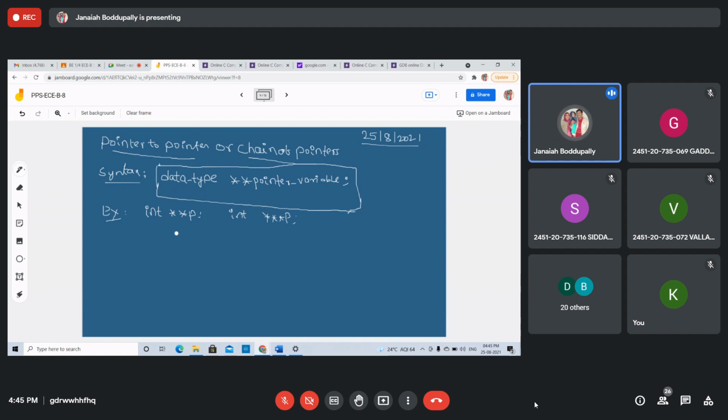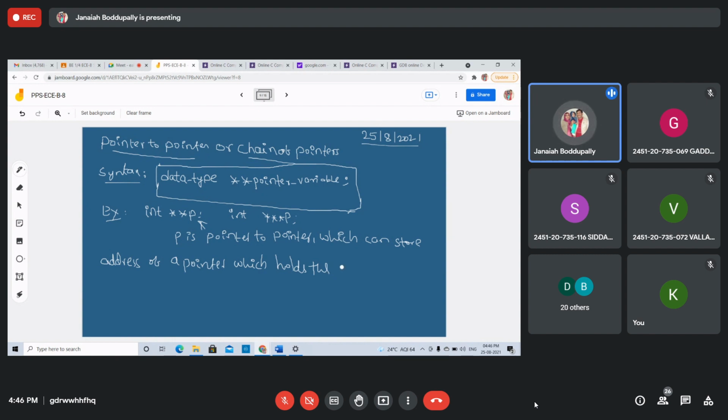P is a pointer to pointer, which can store the address of a pointer which holds the address of a variable, any variable.